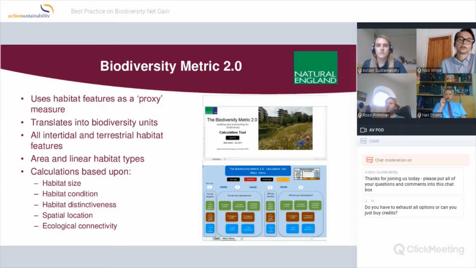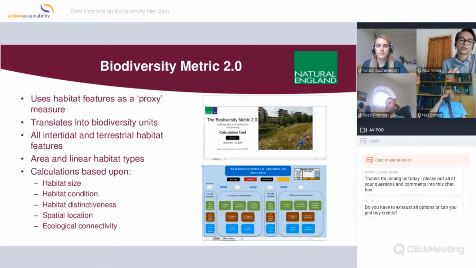I mentioned a lot of this is based on the use of a single consistent metric, Biodiversity Metric 2. It uses habitat features as a proxy measure for wider biodiversity, and it translates that into a language of biodiversity units. So it doesn't consider species, it doesn't include indirect impacts.